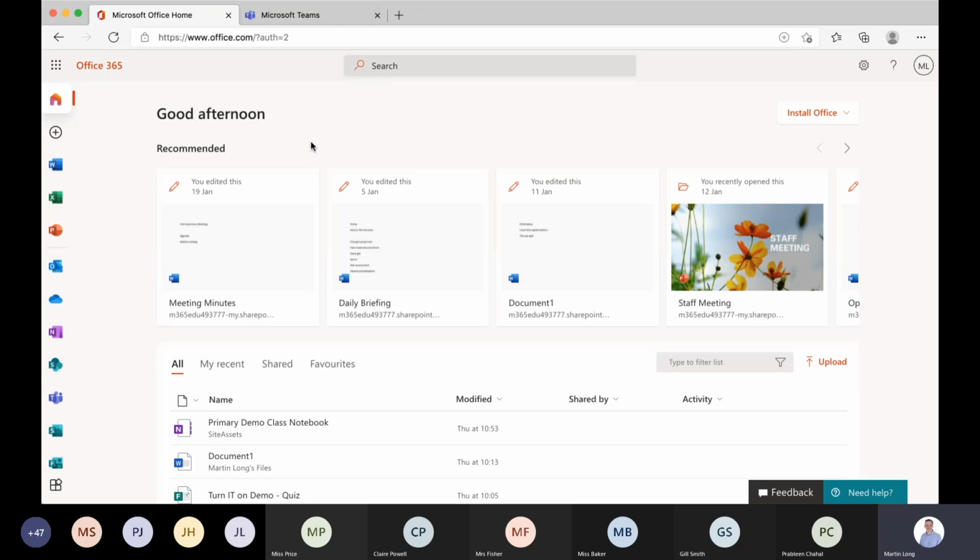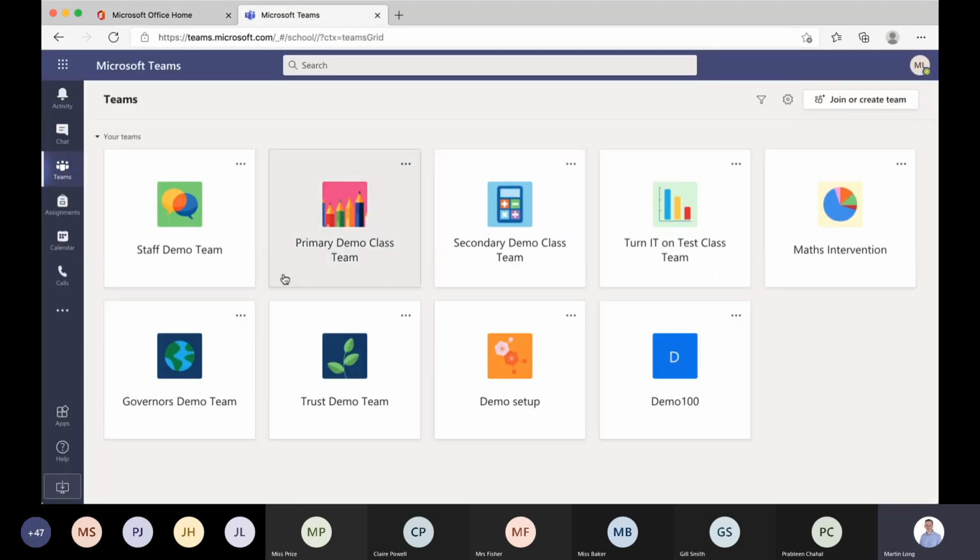We are going to focus this afternoon more on using Teams, so you can either click Teams from there. If you're using the Teams app that's installed on your computer, you would just double click the icon and then Teams would open up. Broadly speaking, nearly all of the features that are available in the app are available in the web browser version, so you're not going to be at a disadvantage by using one or the other,